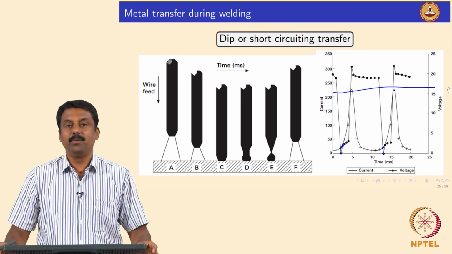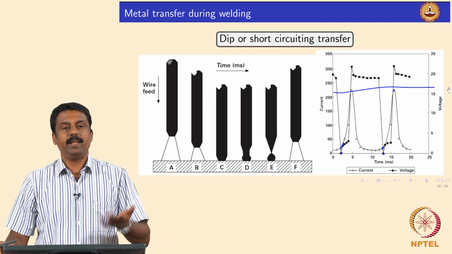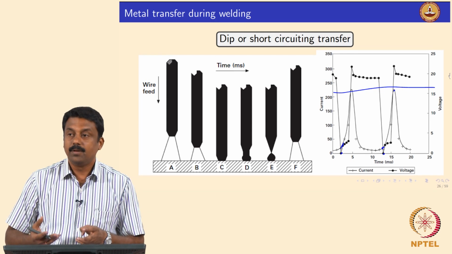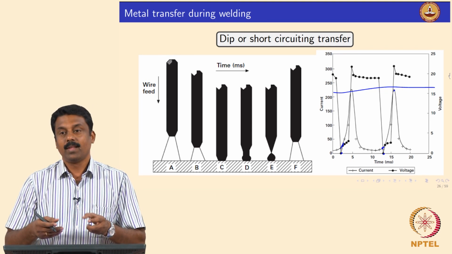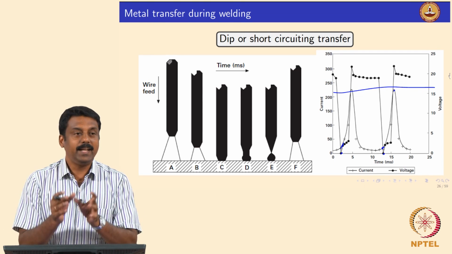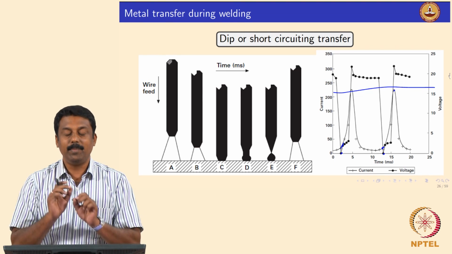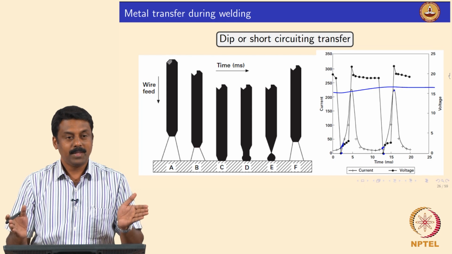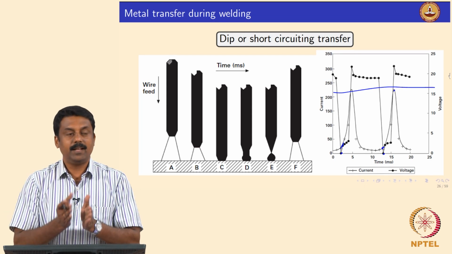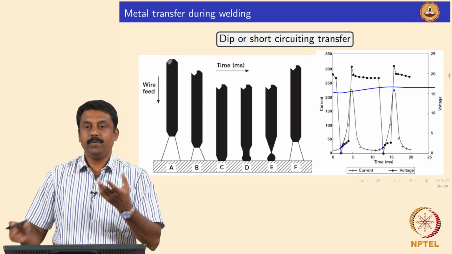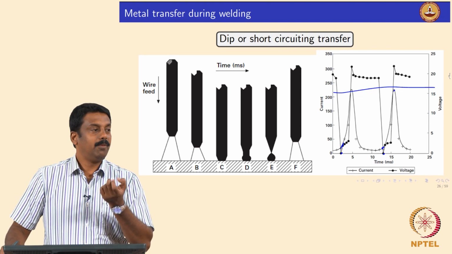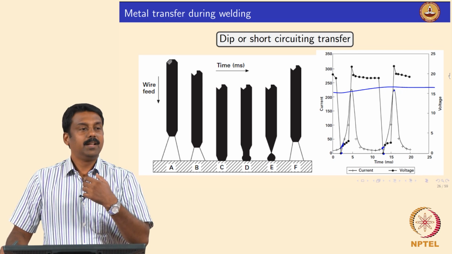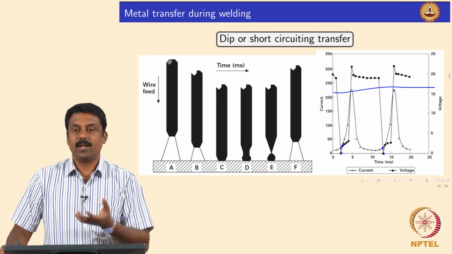So this technology is very widely used nowadays in advanced GMAW processes under various names. One of them is cold metal transfer. One of the technological advantages here is that the heat input can be reduced significantly, because when the droplet is transferred, technically you transfer it at the melting point of the droplet, is it not, and the arc is not continuously on, right. Even in the pulsing transfer, the droplet is transferred at a much higher temperature. When you are doing a free flight transfer, the droplet is superheated.